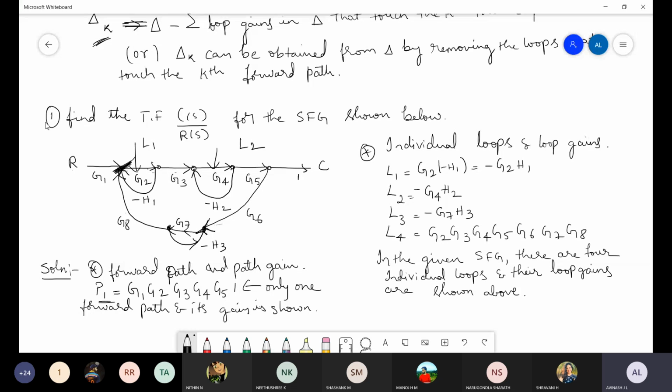Is it clear? Okay. So now anybody having any doubt at this particular point, you can ask me. If that one numerical is clear to you, then multiple numericals you can solve, because in signal flow graph there is nothing else. Only different signal flow graphs will come. We need to write all these things. That's all. We need to find the paths and the loops correctly.